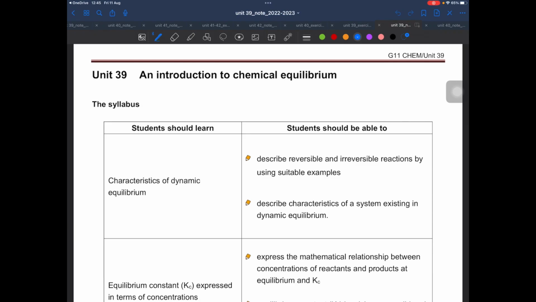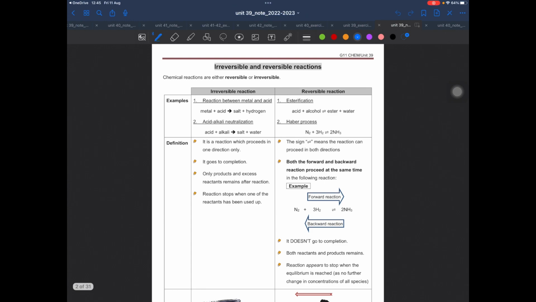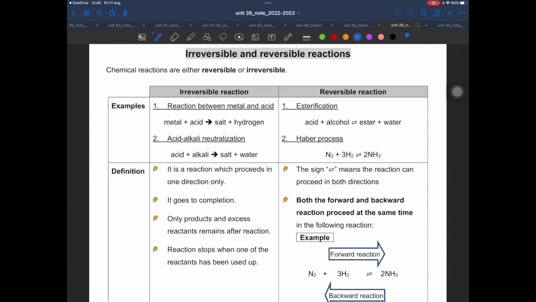Okay, so now we're going to study Unit 39, an introduction to chemical equilibrium. So many of you may wonder, what is meant by equilibrium? Does it mean balance? Well, they have some similarity, but they have different meanings. So, before we discuss the meaning of equilibrium, let's divide our chemical equation into two parts. The first part is what we call